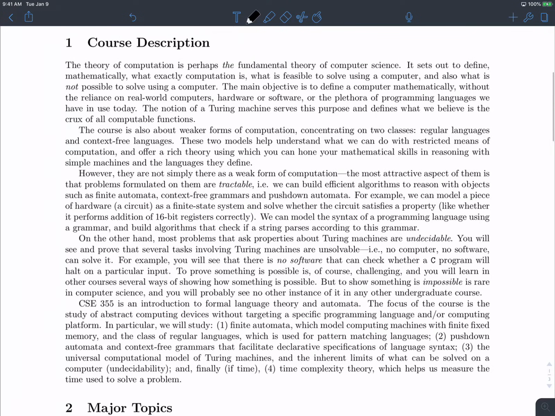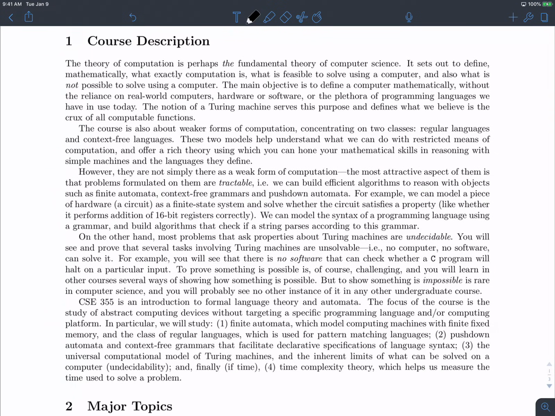Okay. So what's the class about? I would actually argue that this is probably the most important class you'll ever take. So why is that the case? So the short answer is it's really getting to the core of what a computer scientist actually is. I'm guessing most of you are computer scientists, but it's getting to the core of what it actually means to be a computer scientist.